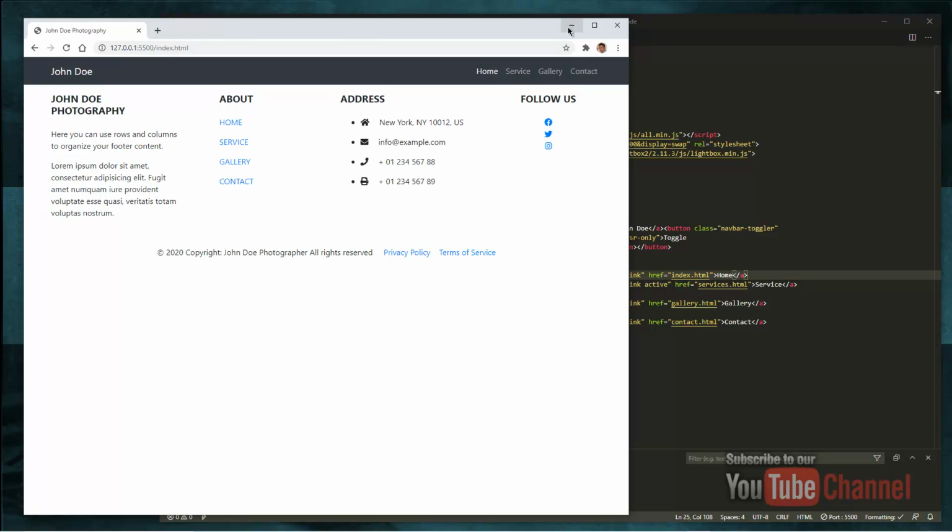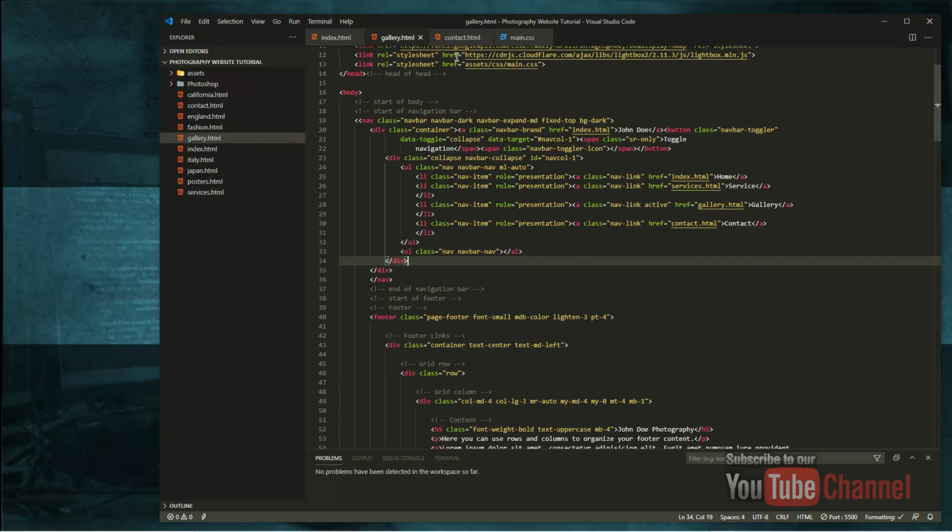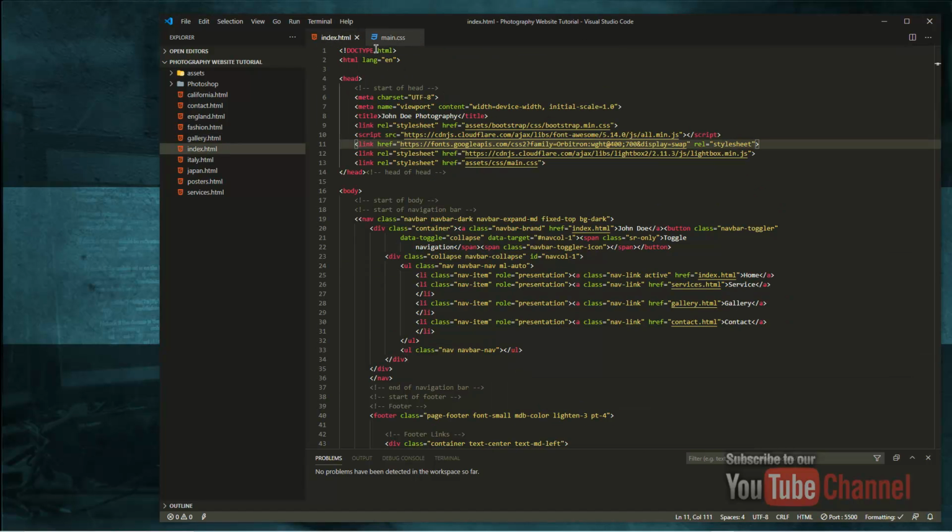Okay, so these are the pages. Now actually we can close the services at the moment. We can close the contact, and we can close the gallery. Inside the gallery afterwards, we're going to have the 6 gallery images, yeah. But those ones we are going to make a little bit later in the program. Okay, so now that we've done this, yeah, let's go and